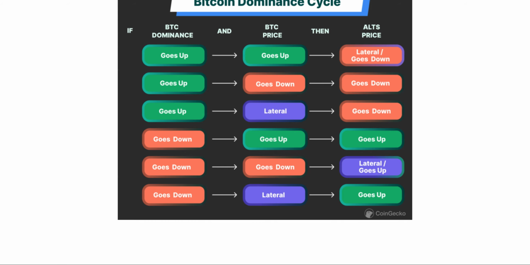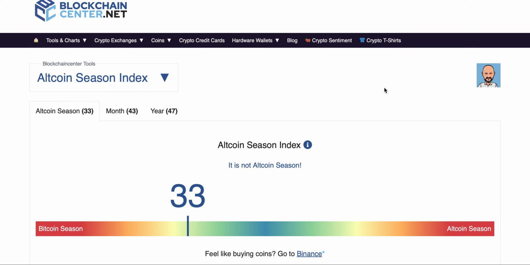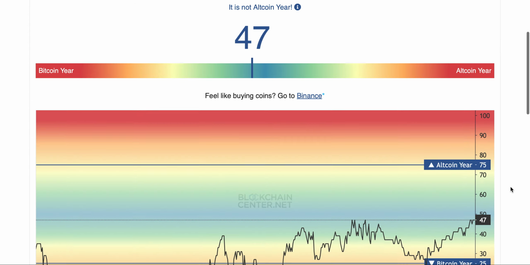Of course, as we talk about the cycle, the reason a lot of you are here, and if you're new, this is very important for you to know, is Bitcoin dominance. This means that around 60% of all money in crypto right now is in Bitcoin. That is what's known as Bitcoin dominance. When that percentage drastically drops, in the past, there's been a heavy rotation into altcoins and other crypto related assets. And when that happens, that's typically when we have alt season. And we have this alt season index also on the Rainbow Chart website.